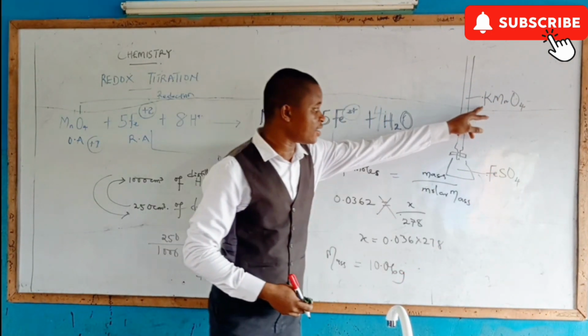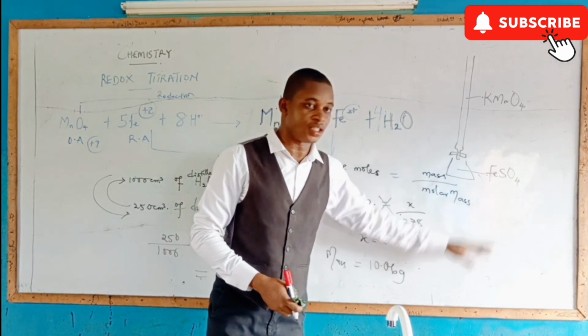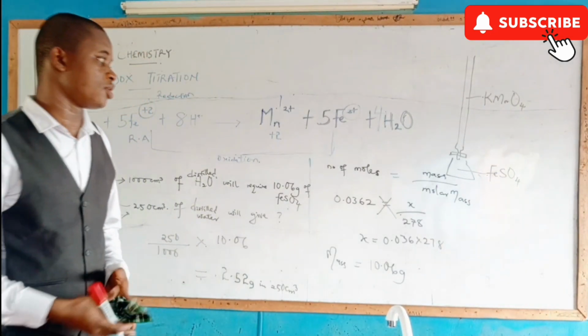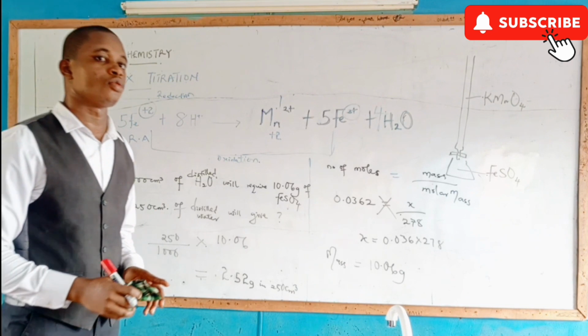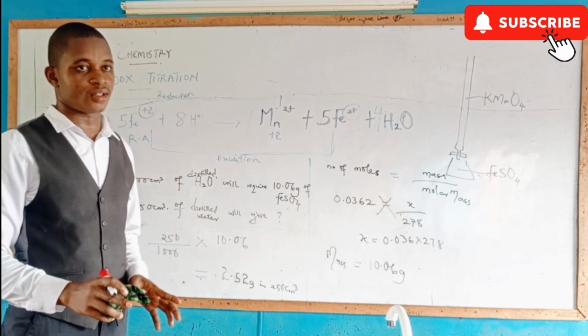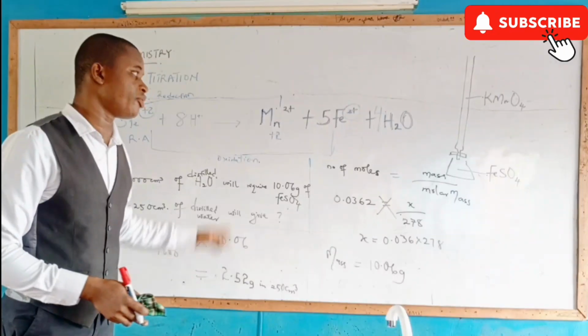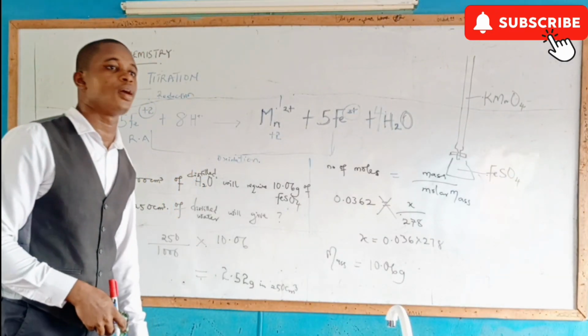So this is the oxidizing agent, and this is the reducing agent. I believe with this simple explanation, we should not find it hard to solve questions related to redox titration. And students should get familiar with this because this will help them a lot and it will allow you to develop mental